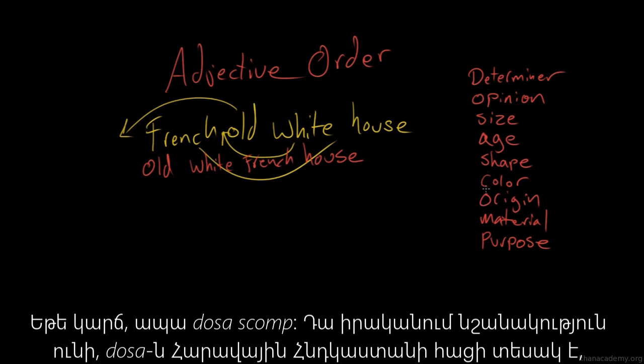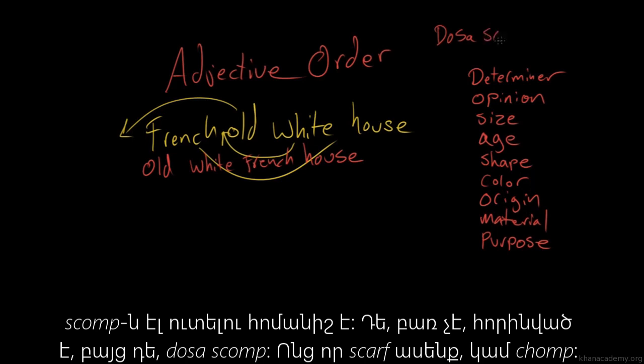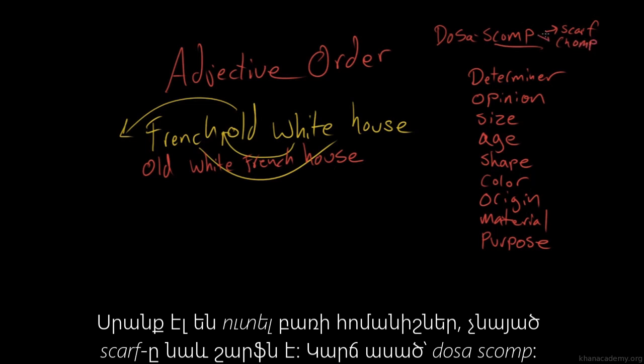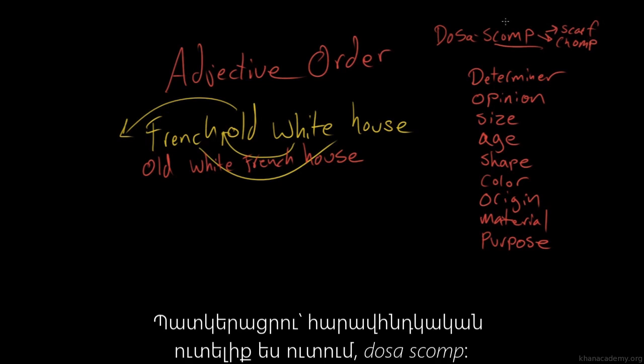Dosascomp. Oh, okay. That's actually kind of a thing. So a dosa is a South Indian flatbread, and scomp, I'm going to say, is a word for eating. It's not a word, that's a made-up word, but dosascomp. It sounds like scarf to me. Or chomp. And both of those are verbs that can denote eating, as well as scarf being a garment. So, dosascomp. I just want you to imagine sitting down to a delicious South Indian meal and scomping on some